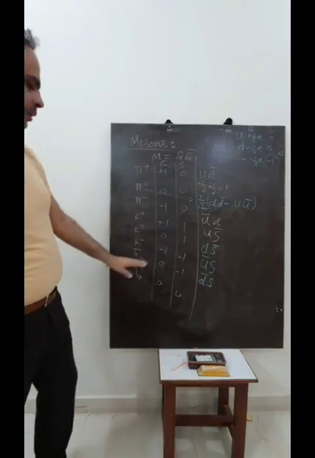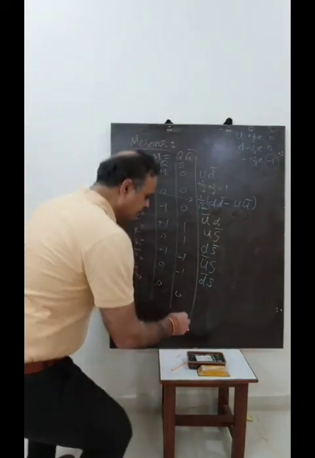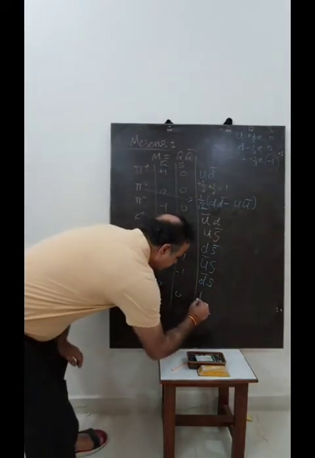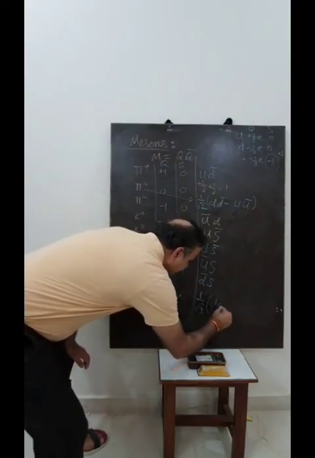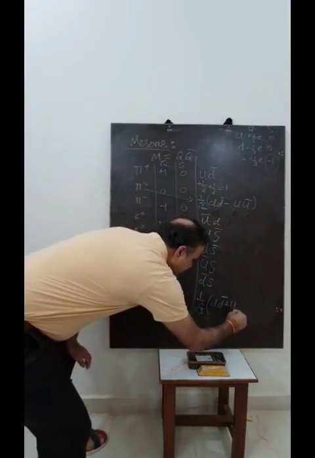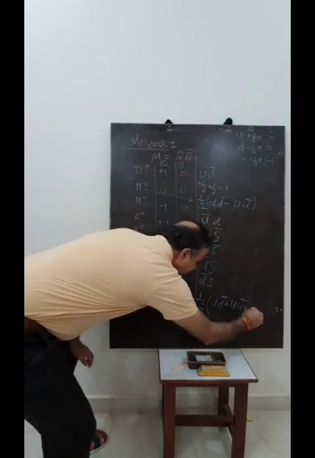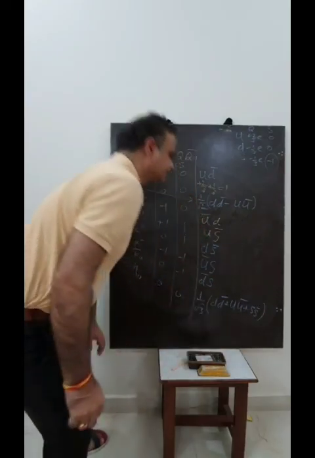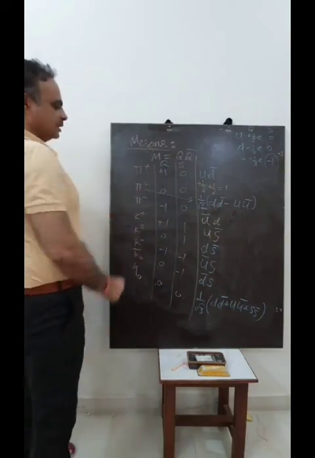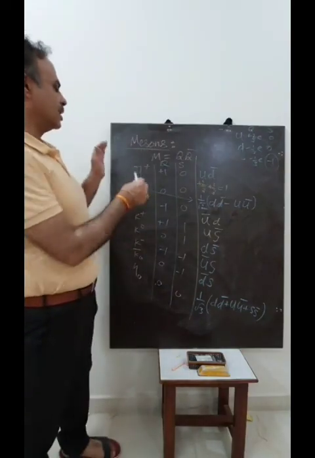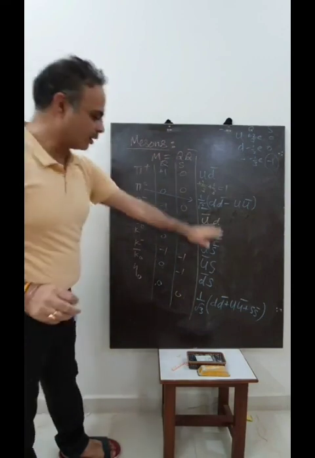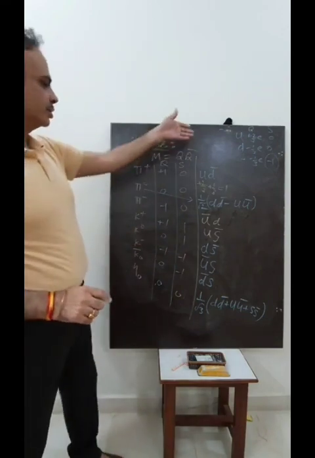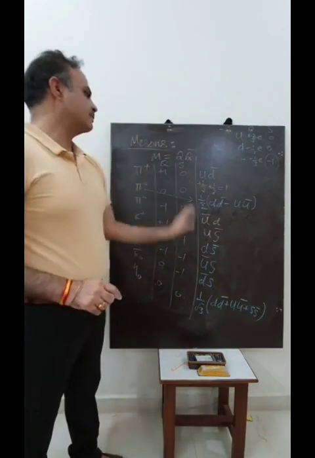So it becomes 1 by root 3 of DD bar plus UU bar plus SS bar. So this is the way mesons can be written in the form of quarks. So mesons constitute a combination of